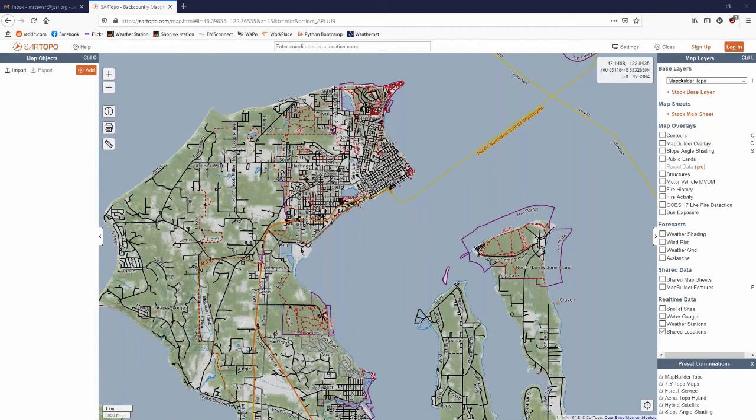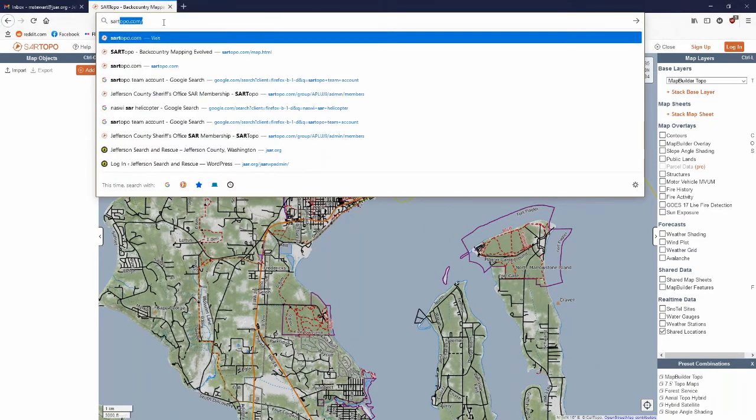All right, this morning we're going to set up a Sartopo account, join the JSAR SARTopo team, which is run by the Sheriff's Office, and install the Topo app on our phone. The first thing we're going to do is go to sartopo.com. I'm already there, but